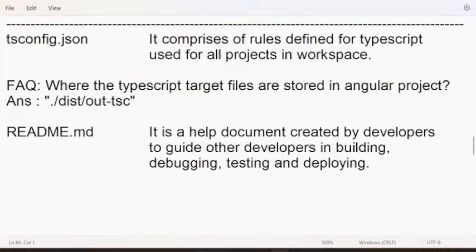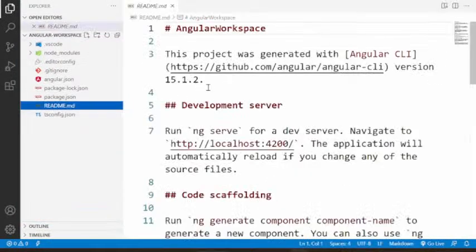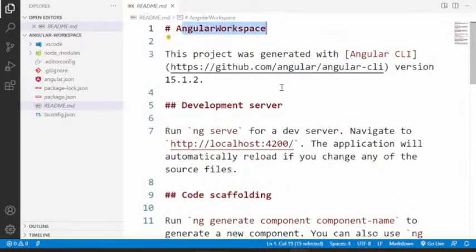You have to maintain a README, because the person who is using your project needs to know how to run, how to compile, how to handle it. For that, this file is important. You can see in that README file already some tips are given. It says that this is an Angular workspace, and the Angular development server is running at localhost 4200.